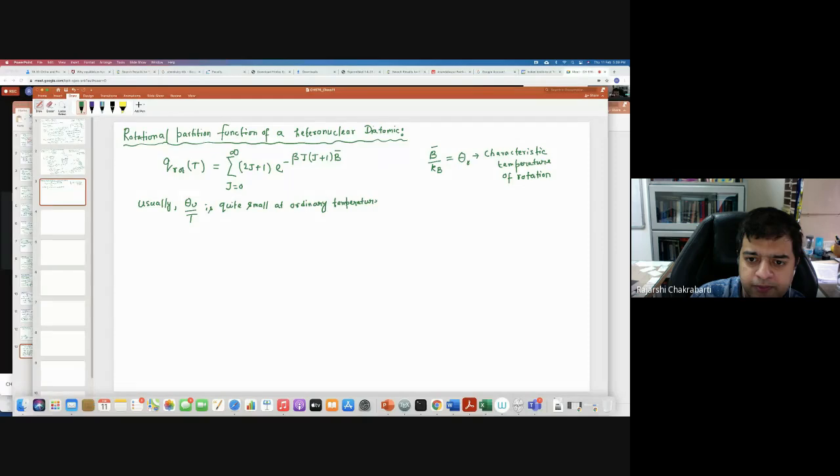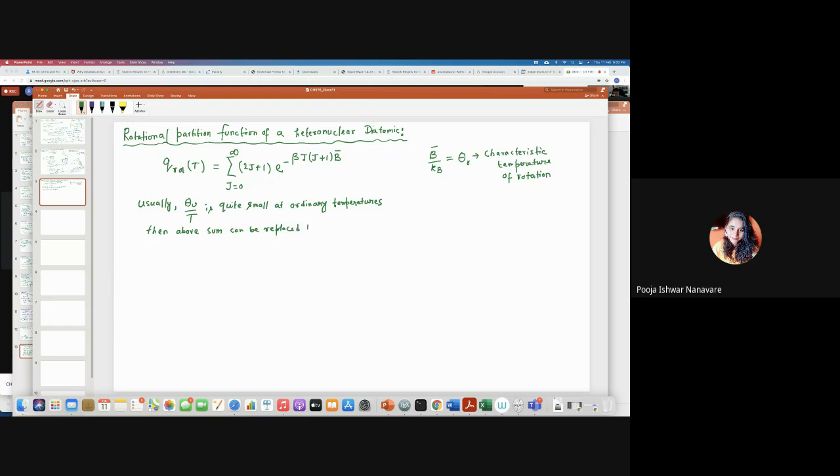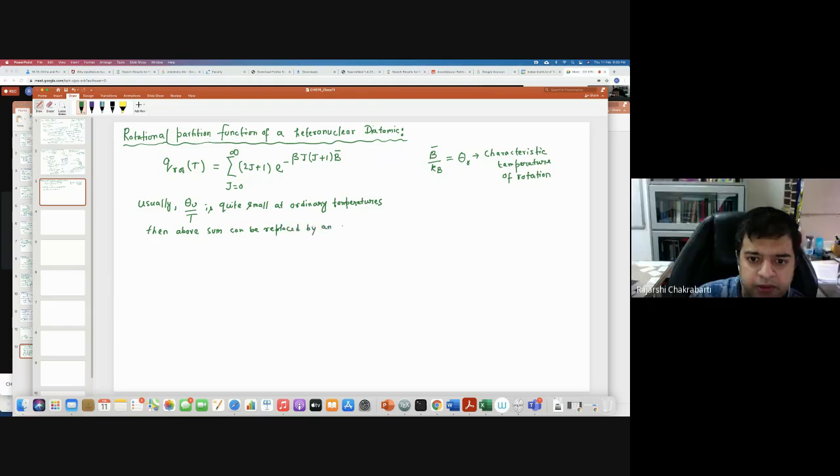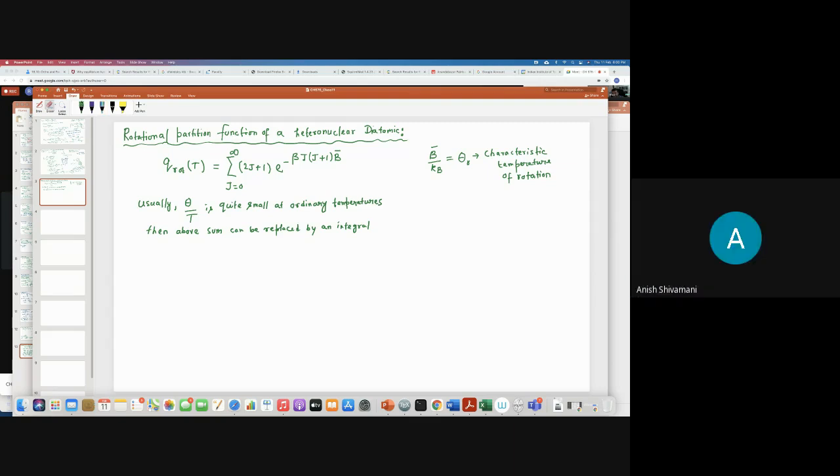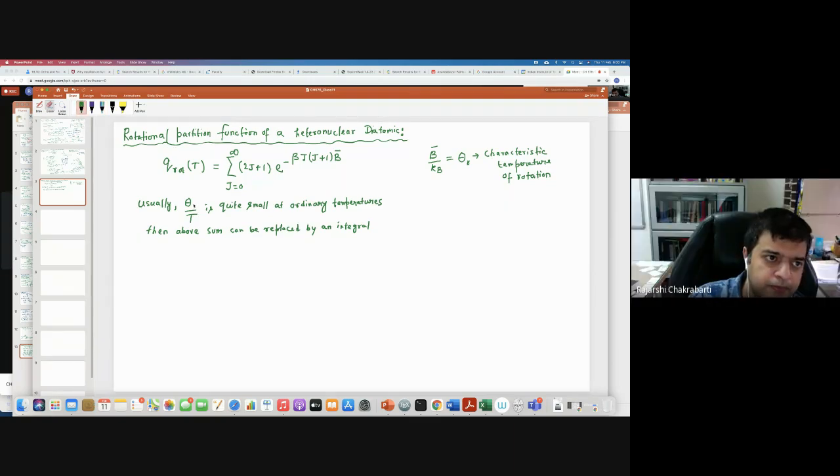Someone's mic is on. Some noise is coming. So what do you do? Of course, then the above sum can be replaced by an integral, isn't it? It should be theta r by T. Yes, so the above sum can be replaced by an integral. Yes, sir. So then what is the expression? This expression is going to be